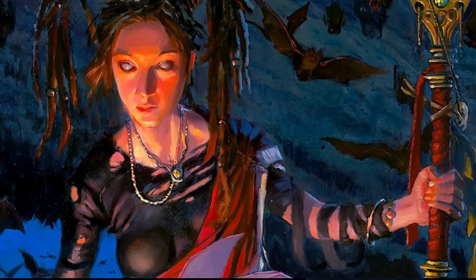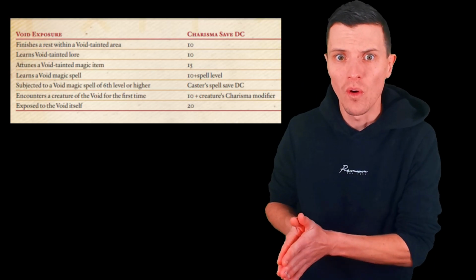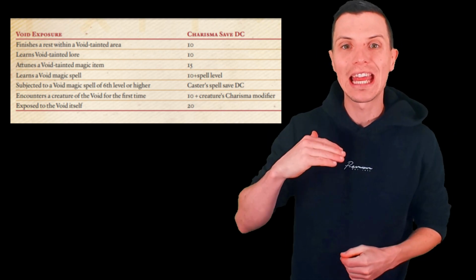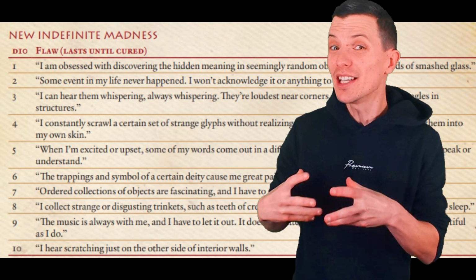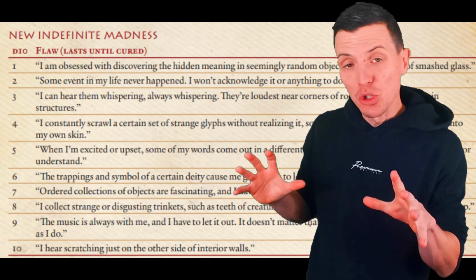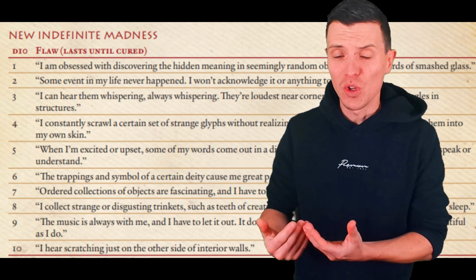Now, if you learn a new void magic spell, or you do a long rest in a void tainted area, or you hear somebody use void speech, or you read void speech, you need to make a Charisma saving throw. If you fail that saving throw, you get void taint effects. Well, first of all, you get a level, which is a different number for everybody. If you reach a certain level, you get these effects, and these effects go all the way from long-term madness, which is really bad stuff, to what Kobold Press calls flash warps.